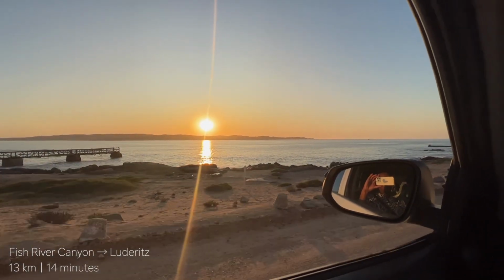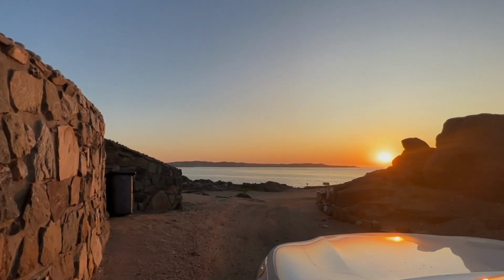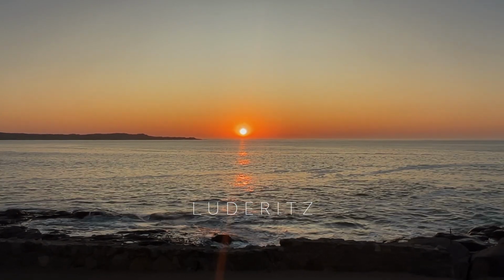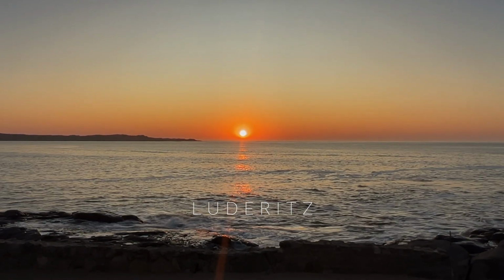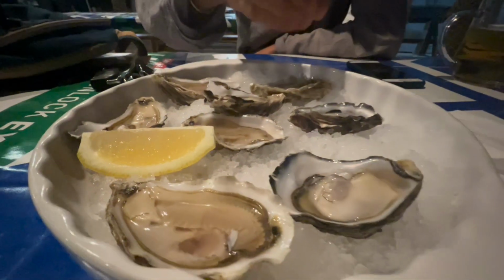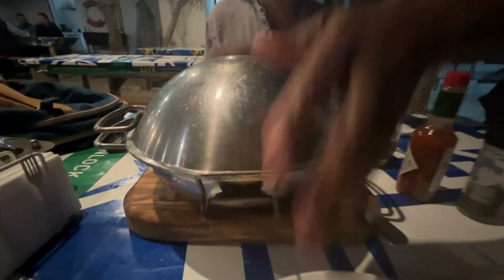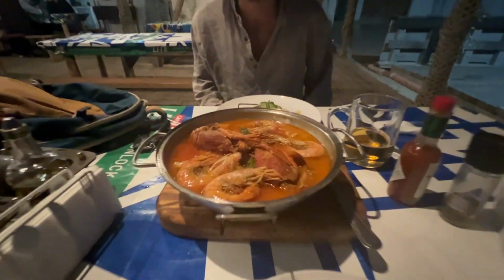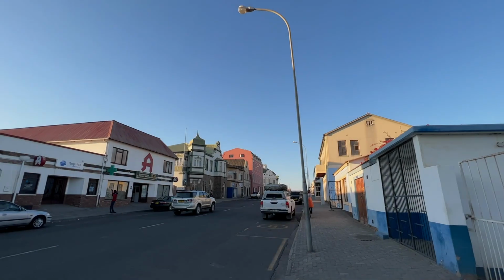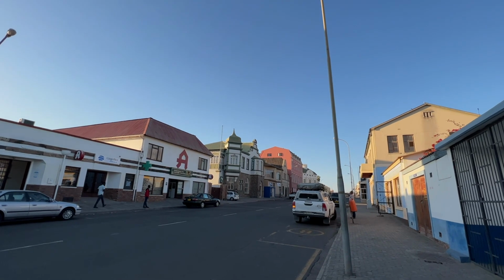Right near Kolmanskop is a town called Luderitz, right on the Atlantic Ocean. Benji and I are looking for a campsite. We'll be having our dinner tonight along the water, watching the sunset. We decided to eat some fresh seafood. How to make a French happy. Hey, allez, allez, allez. The beautiful town of Luderitz, with a population of 20,000, is situated on the Atlantic coast